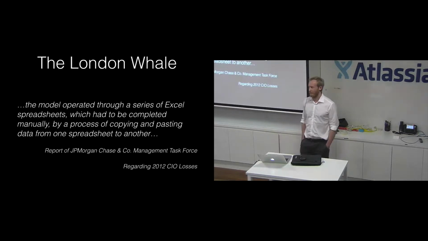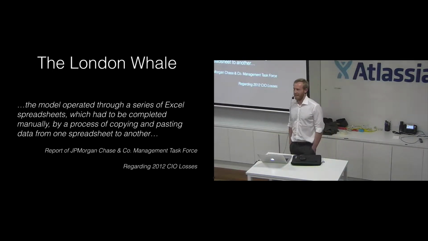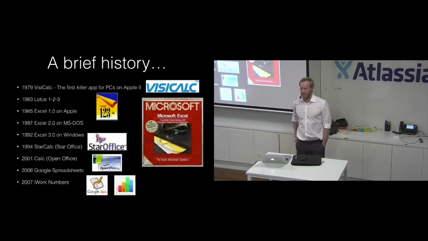And then here we have a bit more about that, where basically there was a very manual process, and this model consisted of data being copied from sheet to sheet, and as you'd expect, there's quite a lot of room for error there. So I'm going to give, as you can see, a quick bit of background about the spreadsheet,